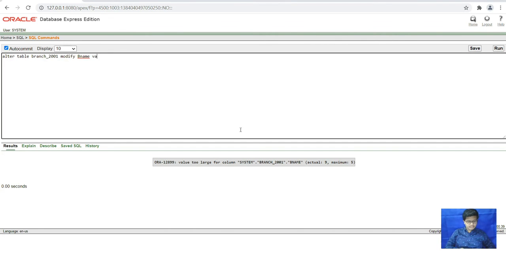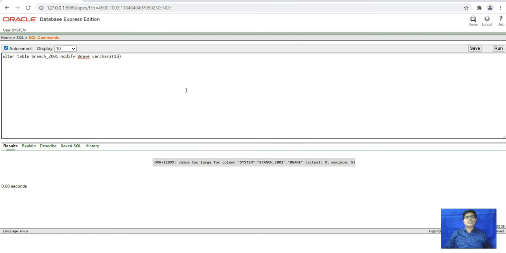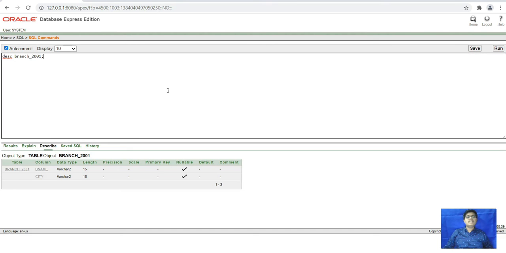We will change 5 to 15. We will change here. Now we will run this. Table is altered. Let's check. This is altered.